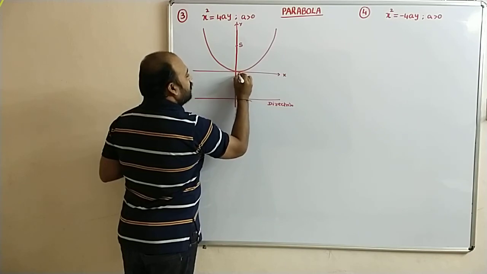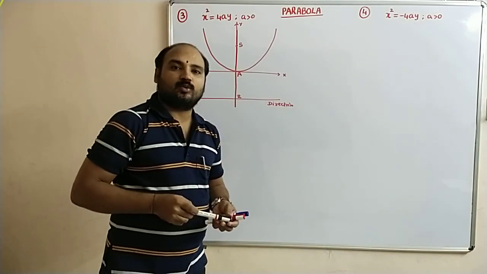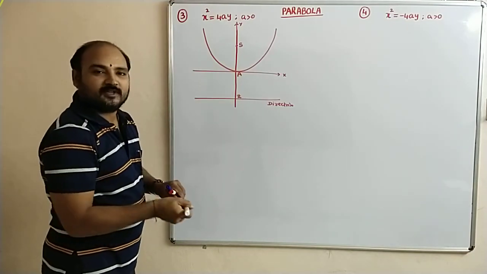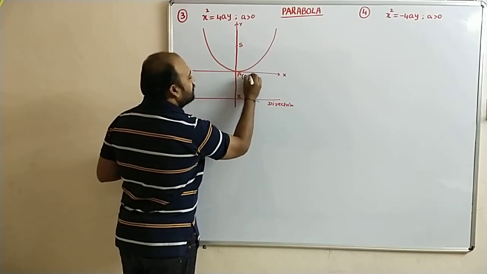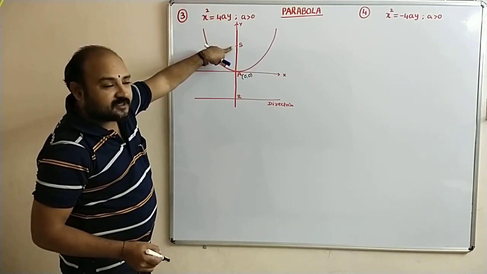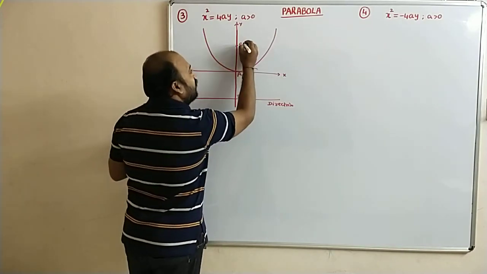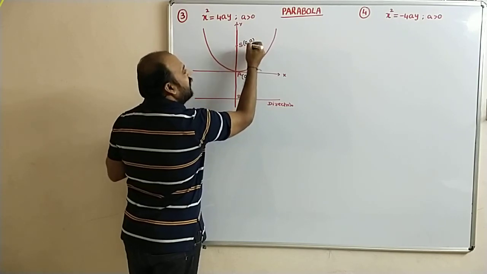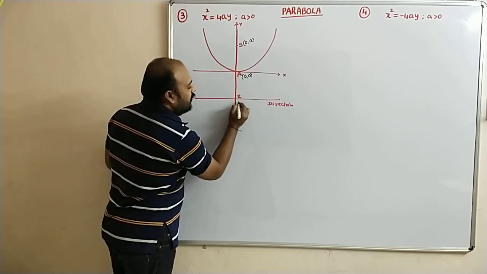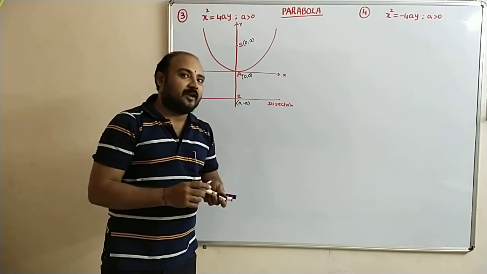See here how to write the coordinates. Anyway, the x-axis, y-axis intersection point is the origin, that is the vertex of the parabola, 0, 0. The fixed point S is the focus, which is at a distance of a units above the x-axis. Above the x-axis means y coordinate; x coordinate is 0. So 0, a. Obviously, Z is also below the x-axis at a distance of a units. So 0, minus a. The equation of directrix, how to calculate?